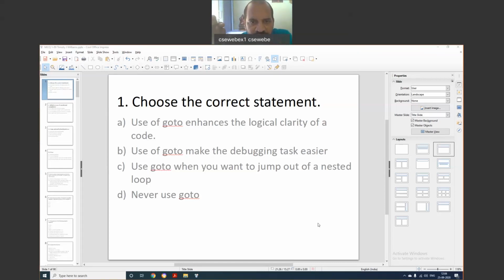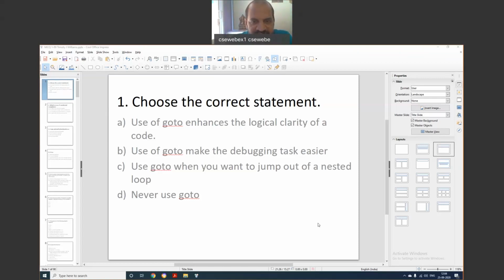Whereas if you want to come out from the inner loops, not only one, it may be the third nested loop, fourth loop, or even the 10th loop, goto will give us a facility to come out from all the inner loops to the outside of the loop. So now goto is used only in special cases like those inner loops.